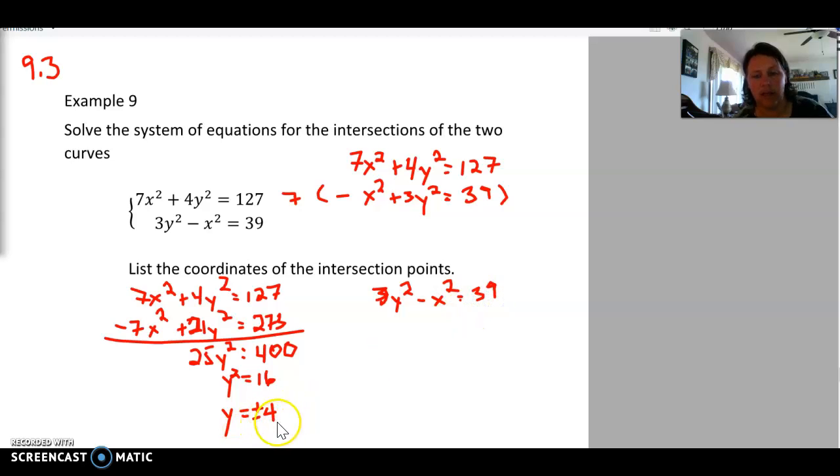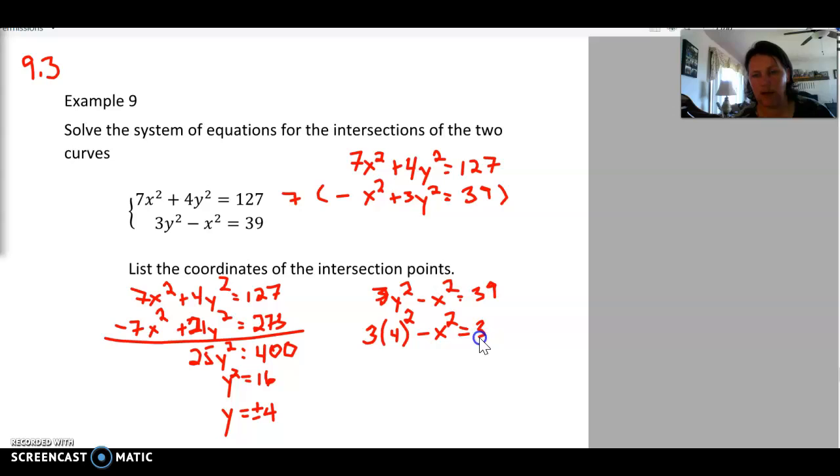And I'm going to plug in the 4's. Now notice that no matter what I put in, I'm going to get the same thing here because I'm going to square. If it's a positive 4, I'm going to get 16. If it's a negative 4, I'm going to get 16. So I don't have to do this twice. But we do have to remember that it can be either positive 4 or negative 4. So we're going to do it just with the positive 4